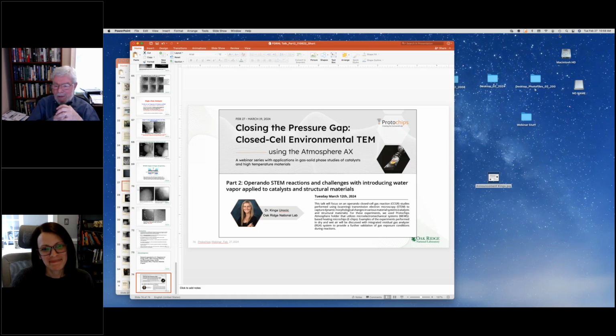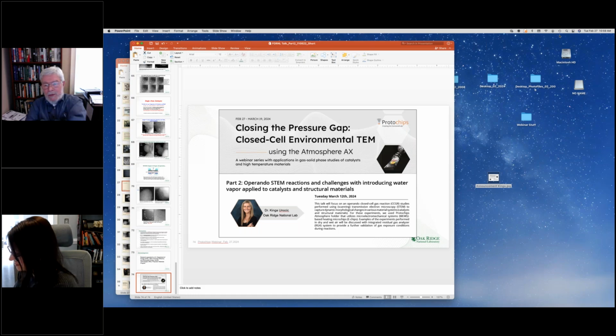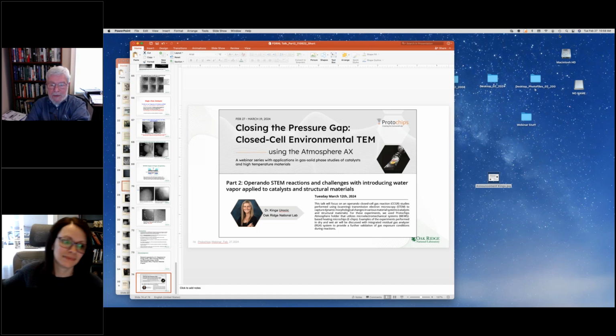Yeah. And that's a huge advantage of the closed cell work. E-TEM gives you an opportunity to do maybe a little better operando studies. Peter Crozier and his group at Arizona State and their E-TEM can have a catalyst, be studying a catalyst reaction